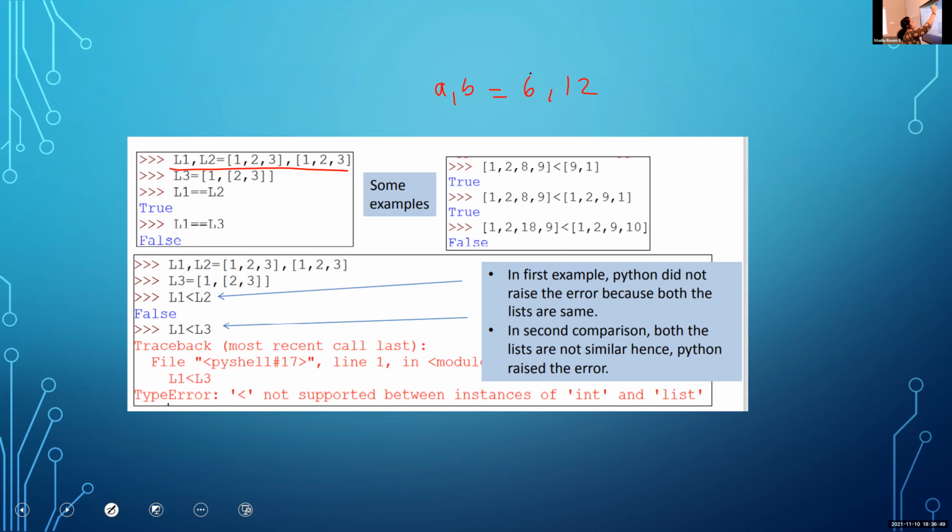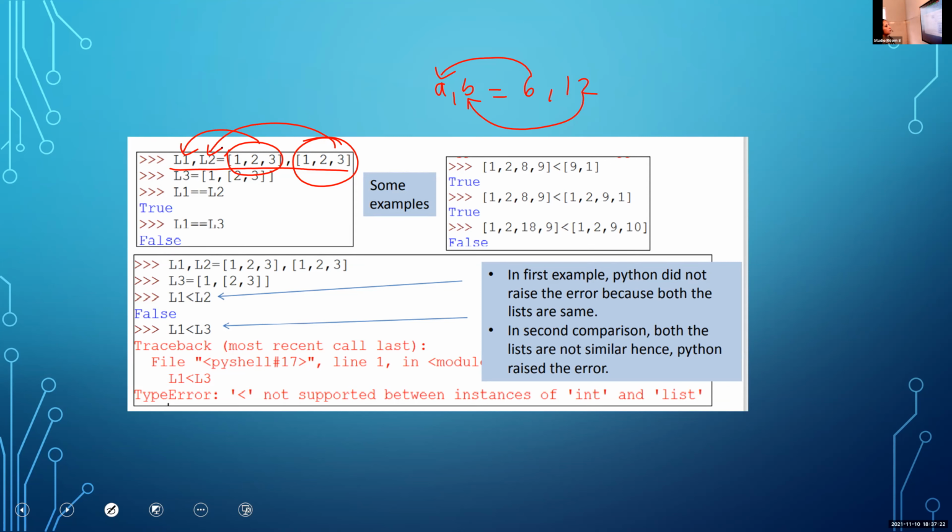The first value is assigned to A, the second value is assigned to B. This is the same as the multiple variable concept. Here I am using two lists, the first list and the second list. L1 is 1, 2, 3 and L2 is again another 1, 2, 3. Is it clear?